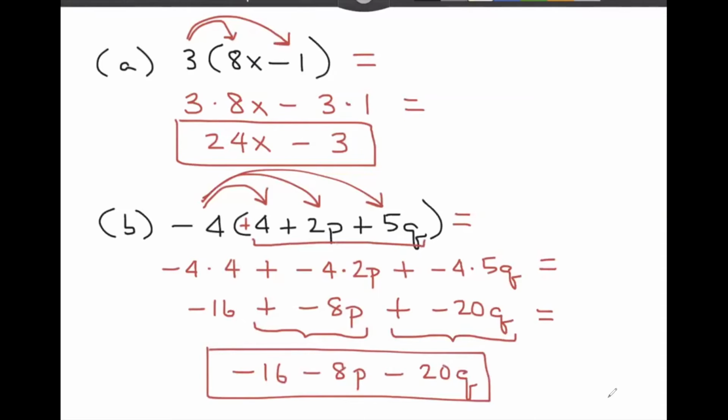After I distributed the negative number, every single term had a minus in front of it. And that is always the way it works. When you distribute a negative number, it changes all the signs. Okay, good thing to remember. Next,